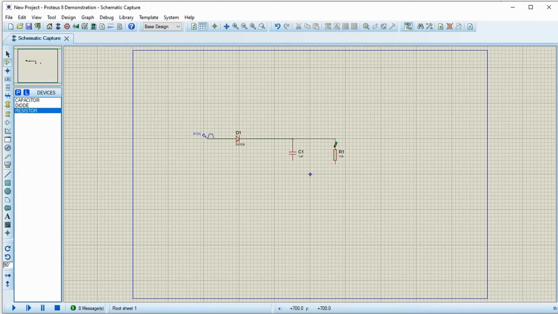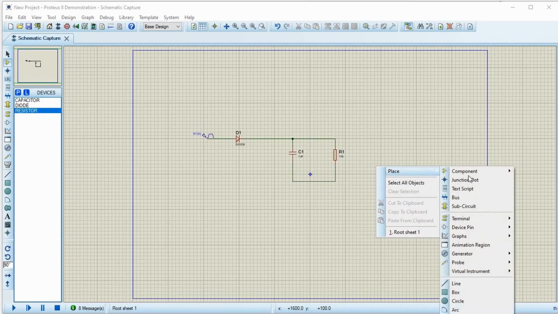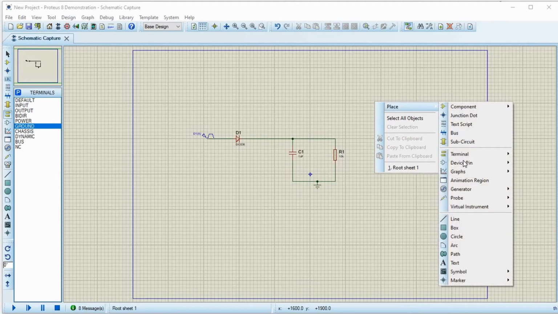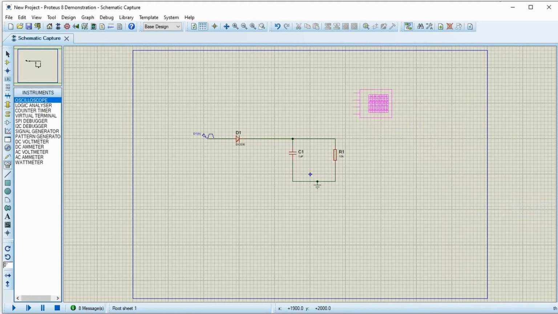So now we have to use a ground. Okay, we will use an oscilloscope to see the waveform. The first channel I'll give to the input, the second channel to the output. Let's start the simulation.